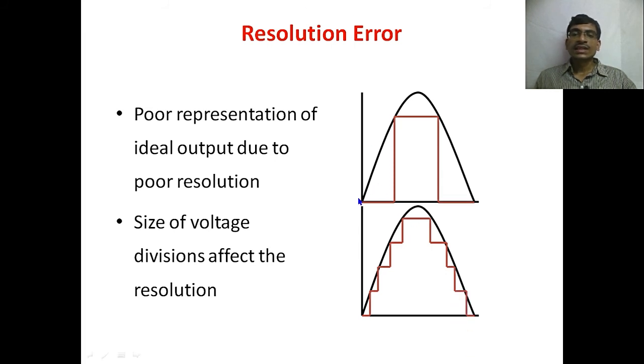In this one we have taken only one sample to reconstruct the output signal. Here I have taken many samples, that's why the output analog signal here, which is like a triangular wave, is not even looking similar to the ideal curve. Here, if you observe, the green line is somewhat identical to the original curve. So this is the resolution error, and this one is without resolution error: the poor representation of the digital output due to poor resolution.